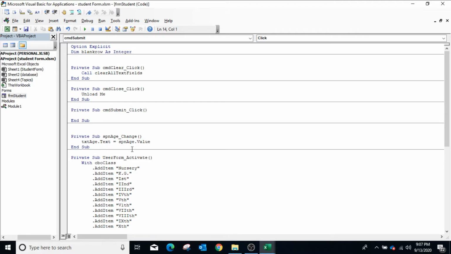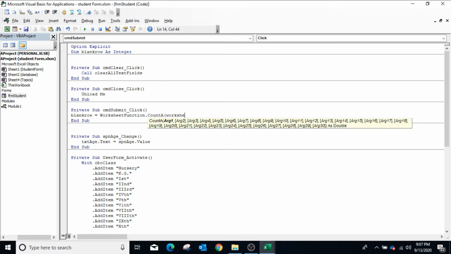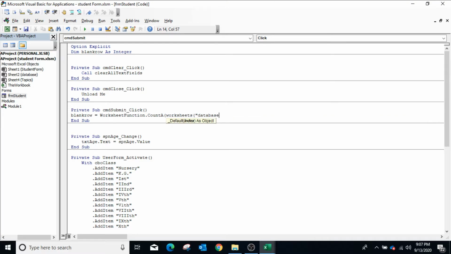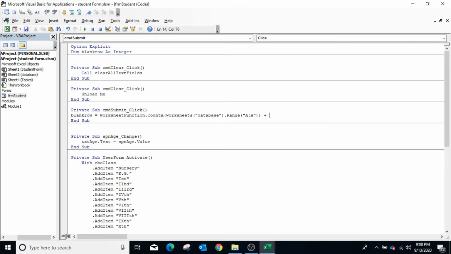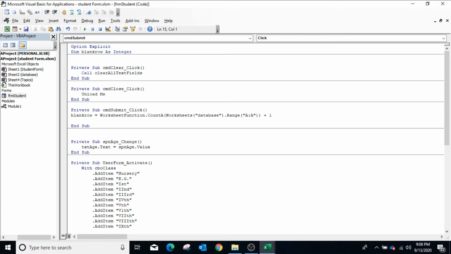Now inside the click event of the submit button, type blankRow = WorksheetFunction.CountA(Worksheets("database").Range("A:A")) + 1. Now the CountA function will return the last filled row in column A of the database sheet, and the plus 1 will give the first blank row in column A.